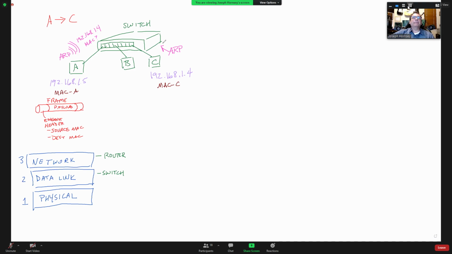That reply is going to have my IP address is 192.168.1.4, and my MAC address is MAC-C. And then computer A is going to use that. There's an extra step in there, though, and this is where the ARP cache comes into play. In memory, the computer has an area where it stores all of the IP addresses and MAC addresses that it knows about,